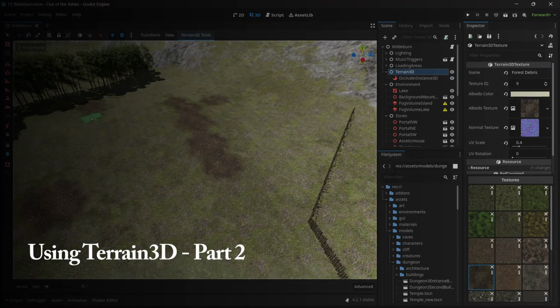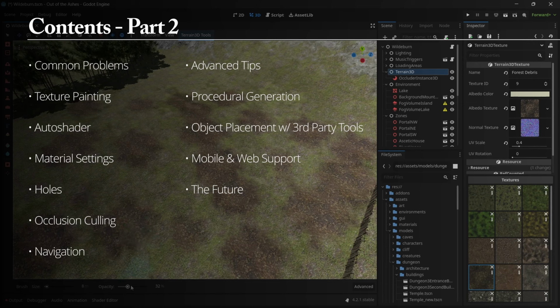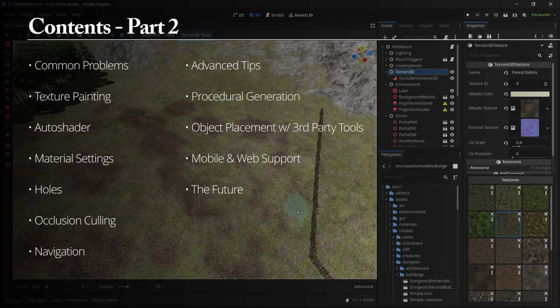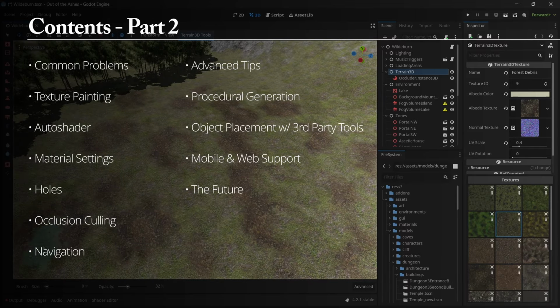Welcome back to part 2 of using Terrain3D. In the first part we covered the basics including installation and setup. In this part we're going to cover the advanced features including texture painting. I'll show you the recommended painting technique to get the best results. We'll cover many of the features in the material, paintable holes, occlusion culling, navigation, third-party tools, and talk briefly about